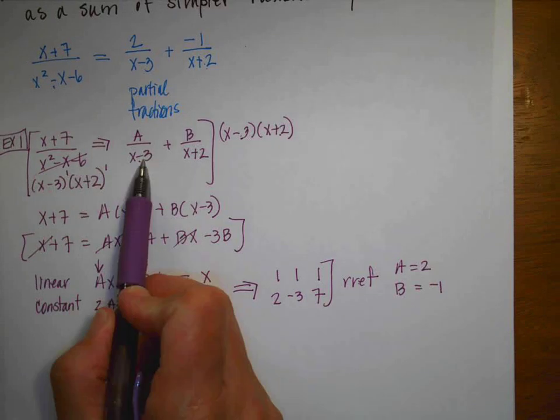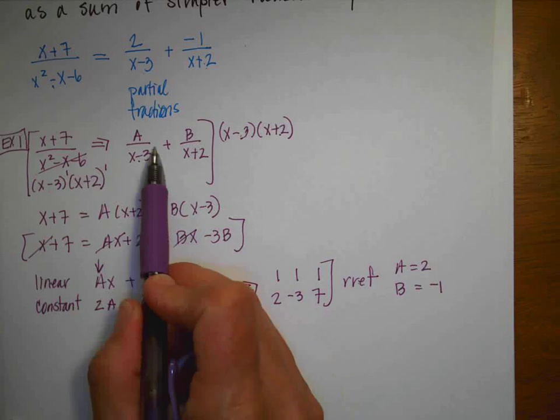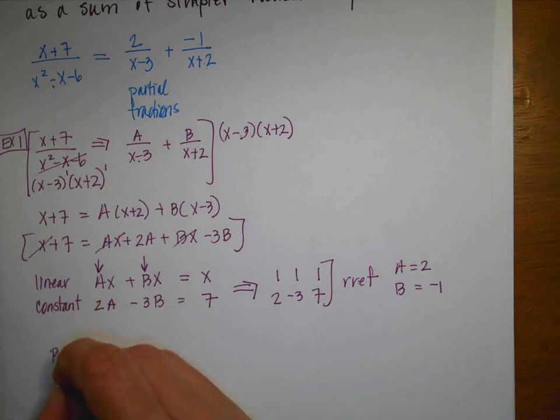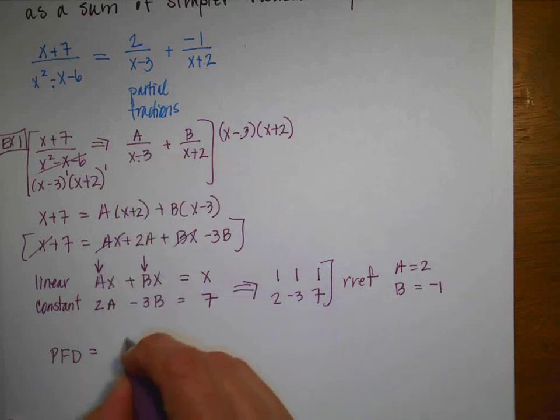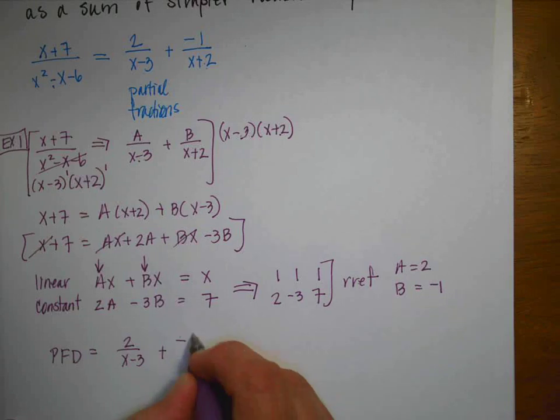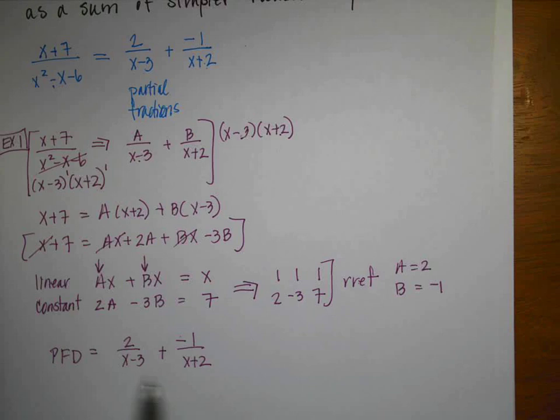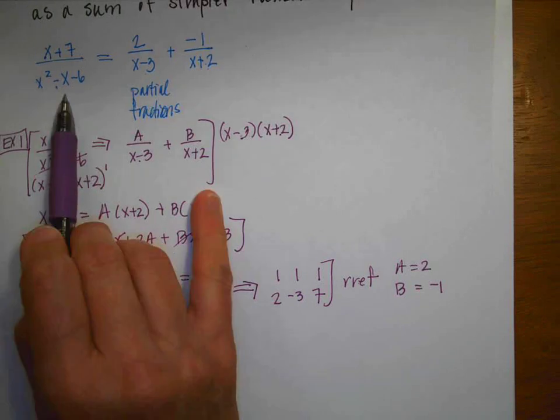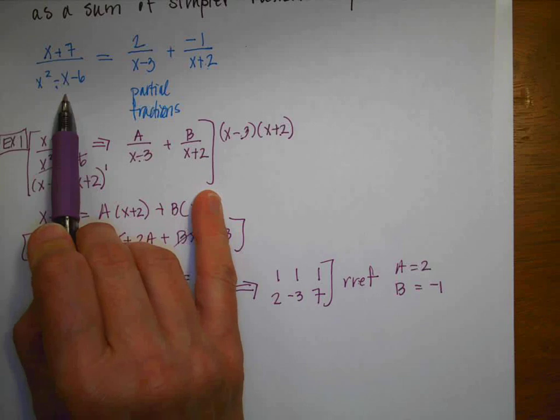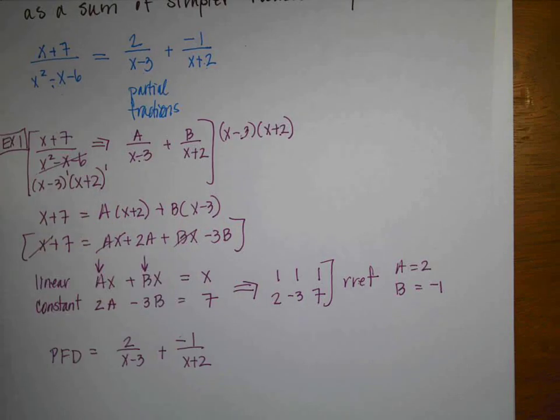And notice then I go back and write these variables in the original, and so I'm going to write my PFD is equal to, A goes with this one, so there's 2 over x minus 3, and then I have a negative 1 over x plus 2. So if you put these lowest common denominators together and multiplied, you would get back to the original function. Alrighty? Okay, a couple of things, we're going to do several examples because they get to be a